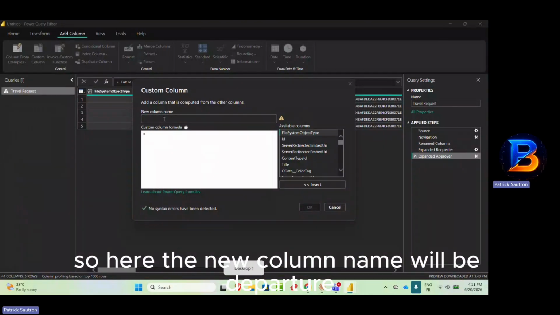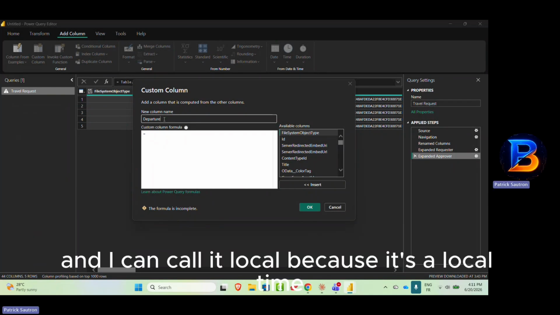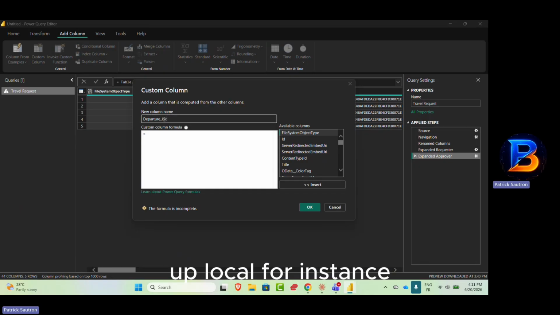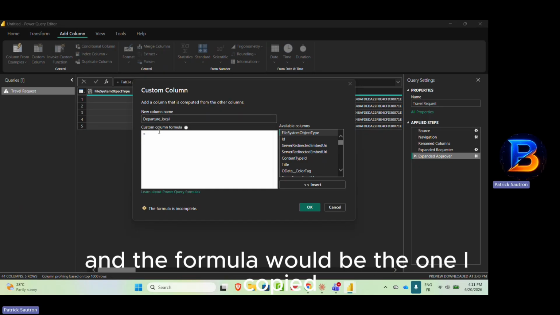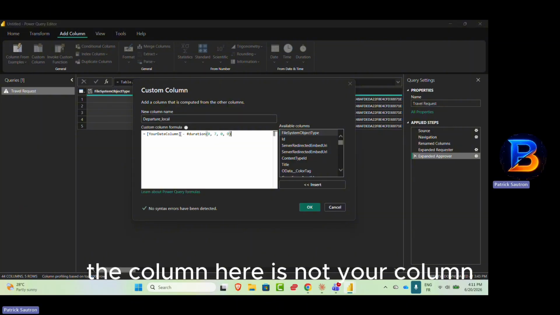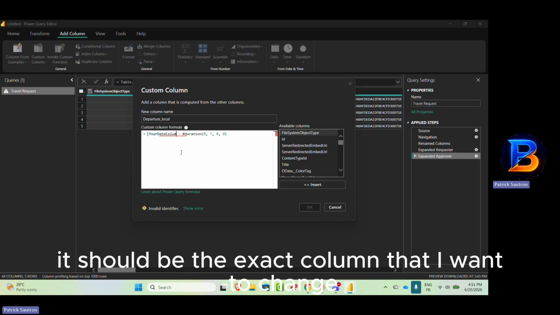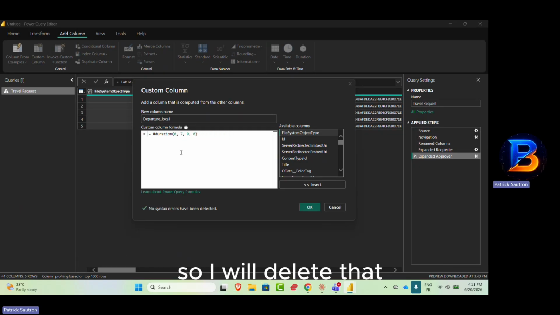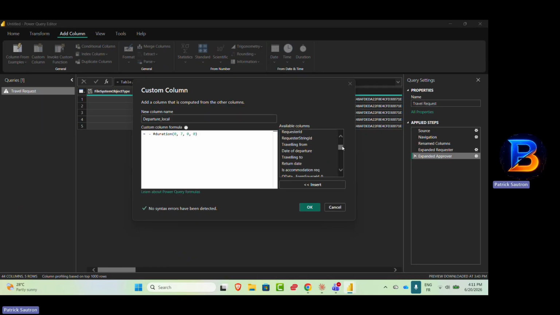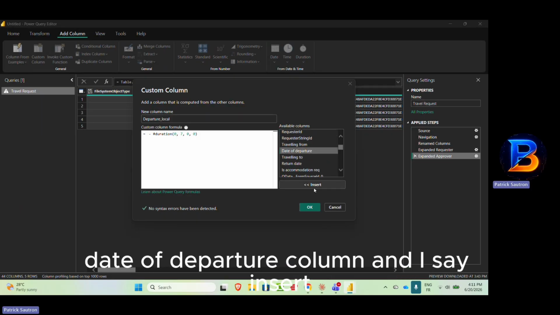So here the new column name will be departure, and I can call it local because it's local time, obviously. So we can call it departure local, for instance. And the formula will be the one I copied. The only thing to change is that the column here is not your column. It should be the exact column that I want to change. So I will delete that and I will select here the date of departure column, and I say insert,